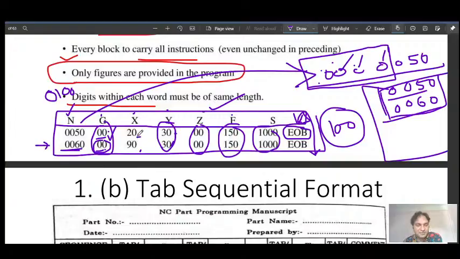Same way, here the x value is changing, but if the y value is not changing, still we are writing the y value, and the z value also, the feed value also, the spindle speed value also. The end of block will be punched in the punch card with some different symbol.